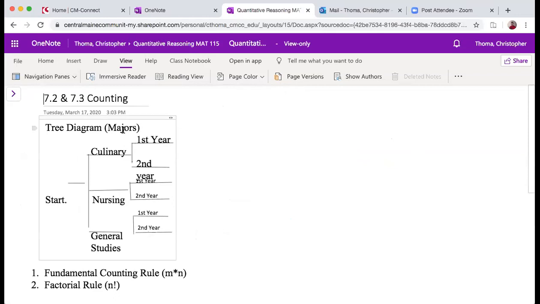I broke it down by majors, right? And what I like to do here, my start has kind of moved on me because things have moved around, but that's fine. Start is where the tree begins, and it's why it's called a tree: this is kind of like your branch. My drawing's going to be horrible because I'm on my computer and I'm going to try to use a mouse. So this will be pretty interesting. But the reason it's called a tree, right,